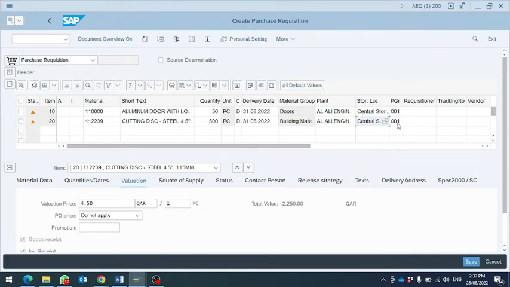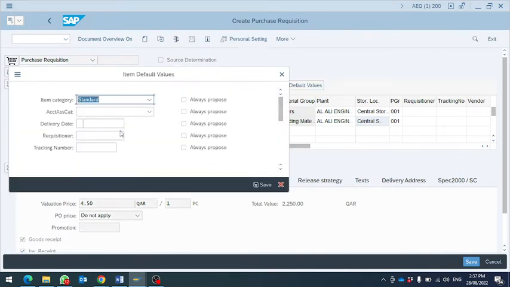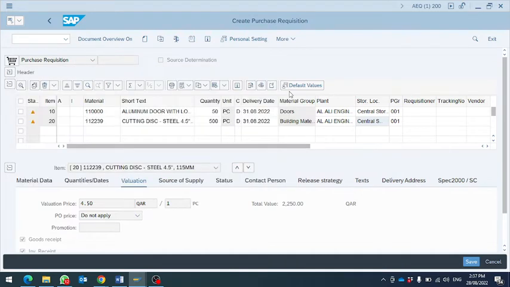And purchase group, I have my default values set. You can also set your default values here if you click this default values button. That way you don't have to enter some of this information every time. For example, you can suggest here the requisitioner, like the name. You can save this one, and then you can go to personal setting up here,